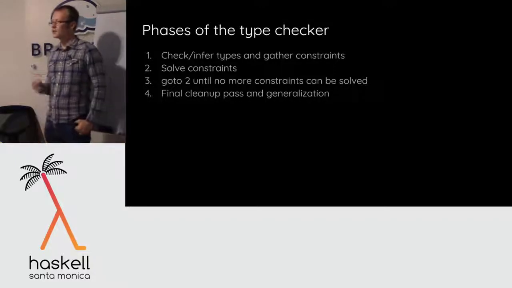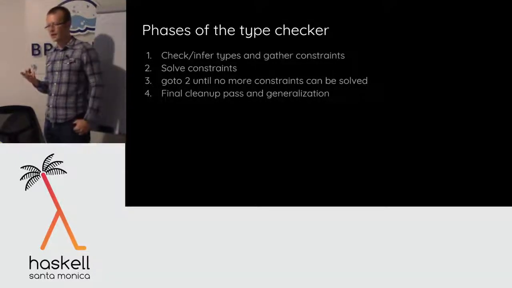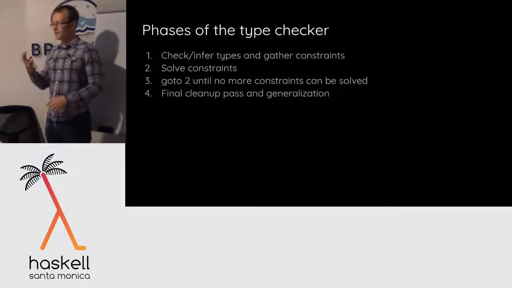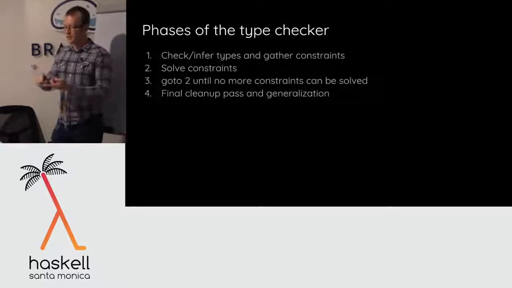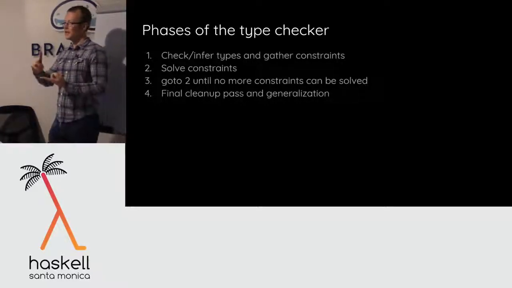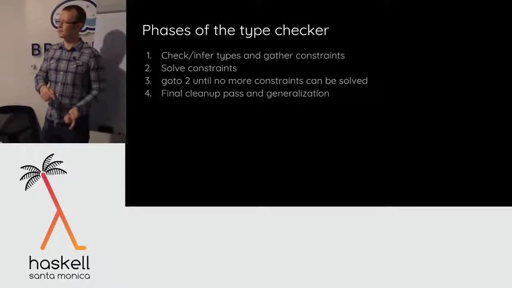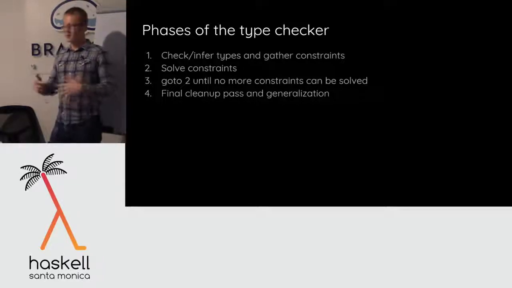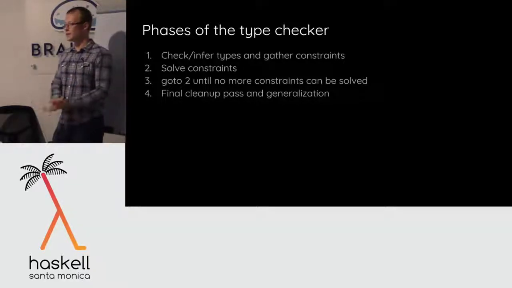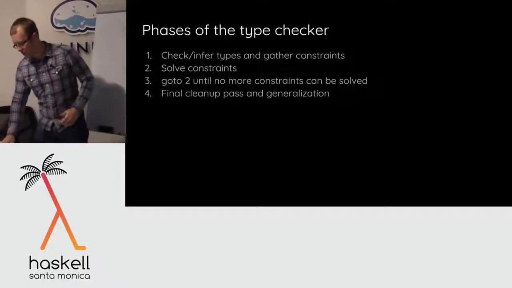So there are two types of constraints, the two you mentioned, right? And solving them has to be interleaved, because functional dependencies take type class constraints and might give us new equality constraints. And if I have equality constraints, that might give me a new piece of information that I can use to solve a type class constraint. So they influence each other. But yes, there are two types of constraints going on. I'll talk about both briefly.